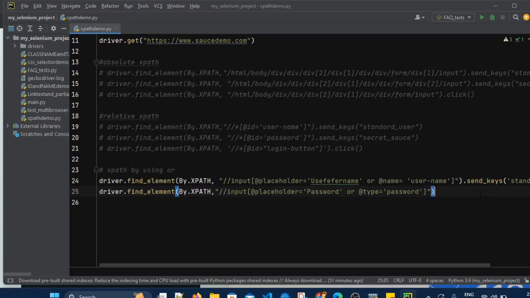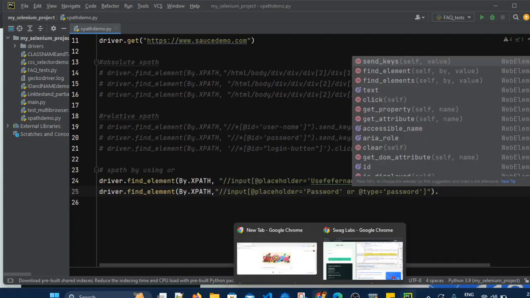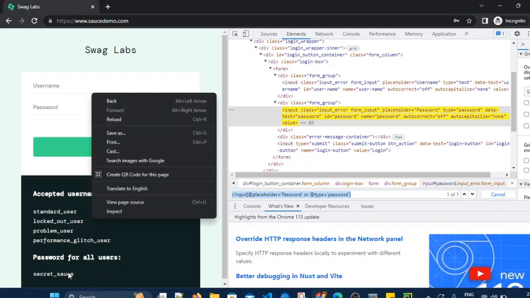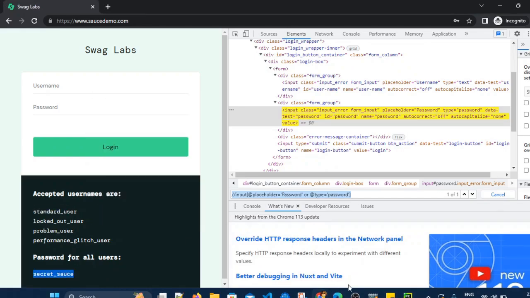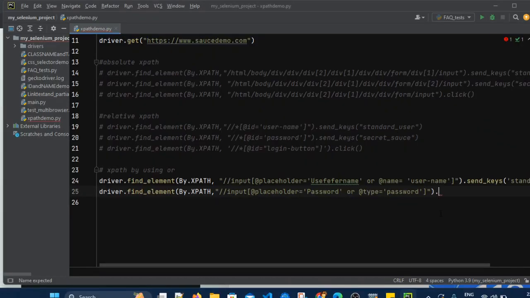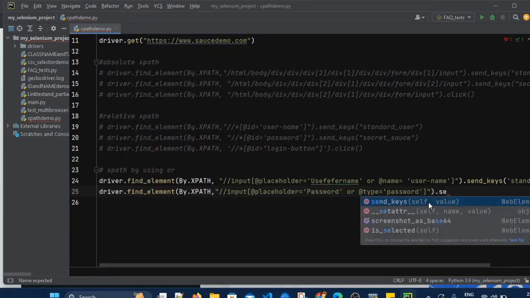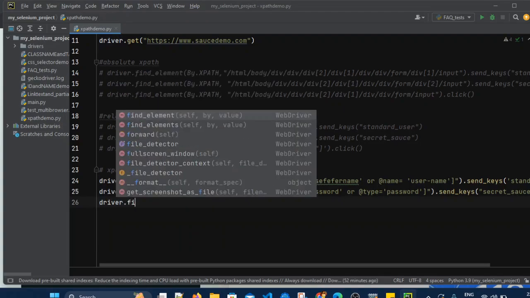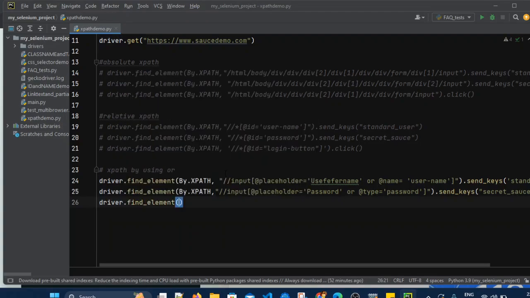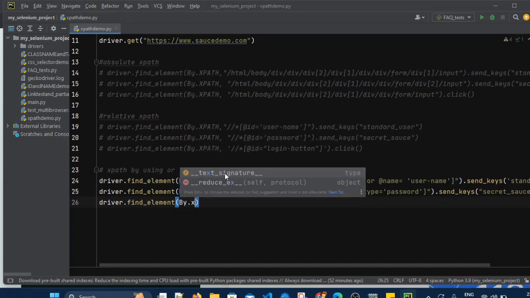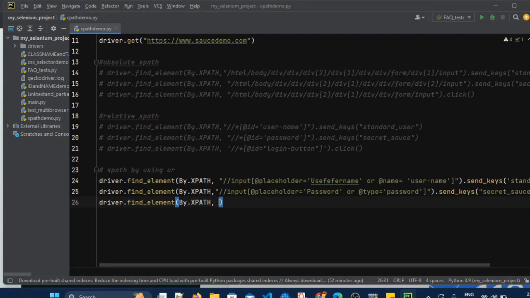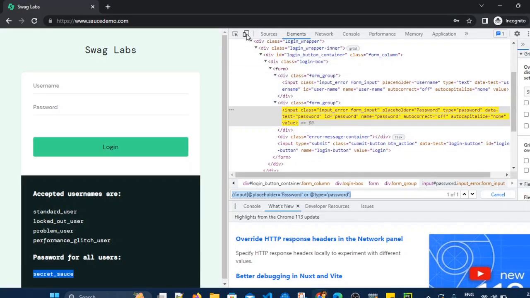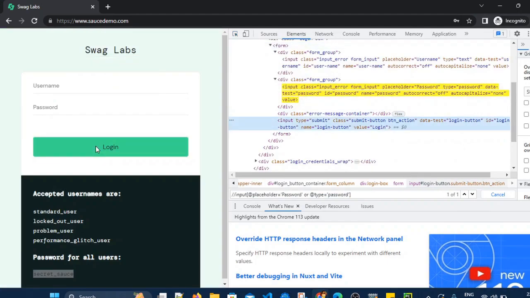and then we have to pass some value for password by using send keys method, that is secret_sauce. So I am passing that value, let's say send keys method, and in password I will pass this value, and then we have to click on login button. So I will use driver dot find element by dot XPath, comma, and let's find out value for login also. So I am just taking login button.